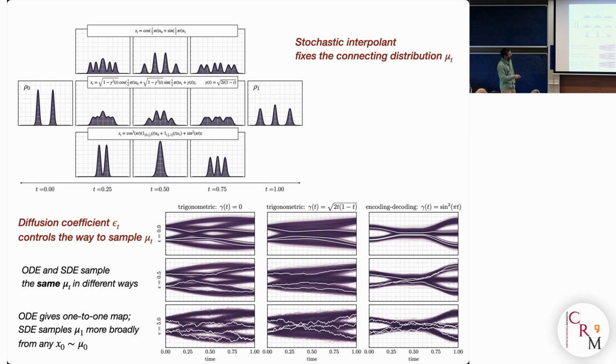This is another path, a third path. Once this is fixed, you have fixed the transport, you learn the drift that's associated with it, and you learn the score that's associated with it, and then you can sample any one of these connections with the associated generative model. So what you see below is that for every one of these rows, there is a column that shows you how you can sample.